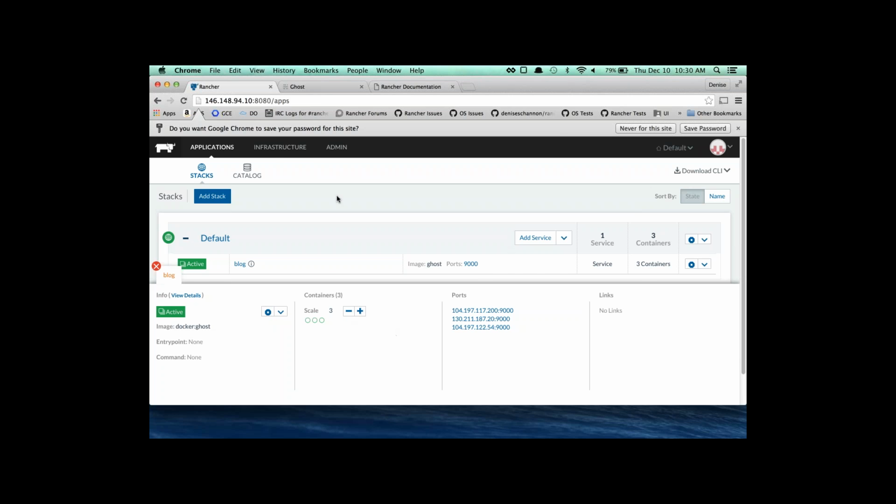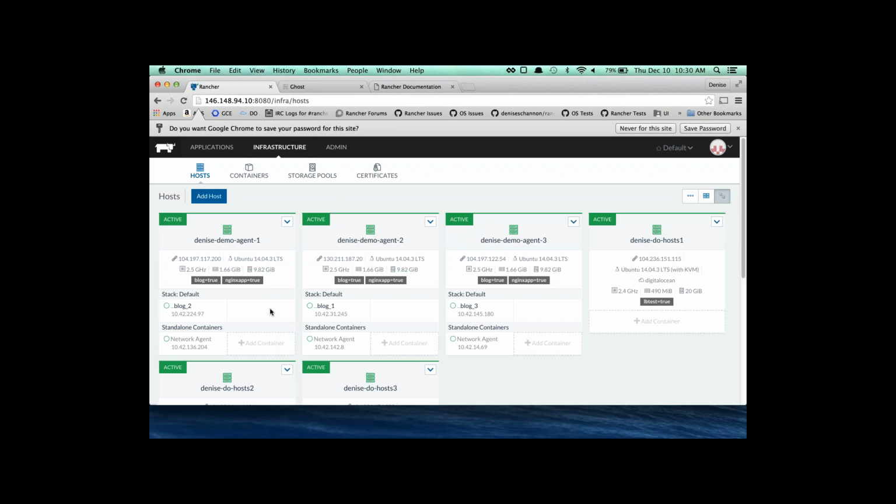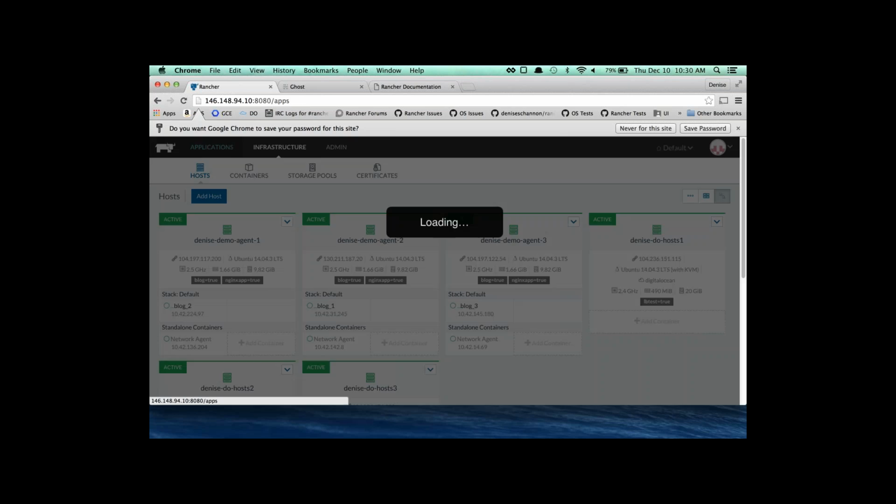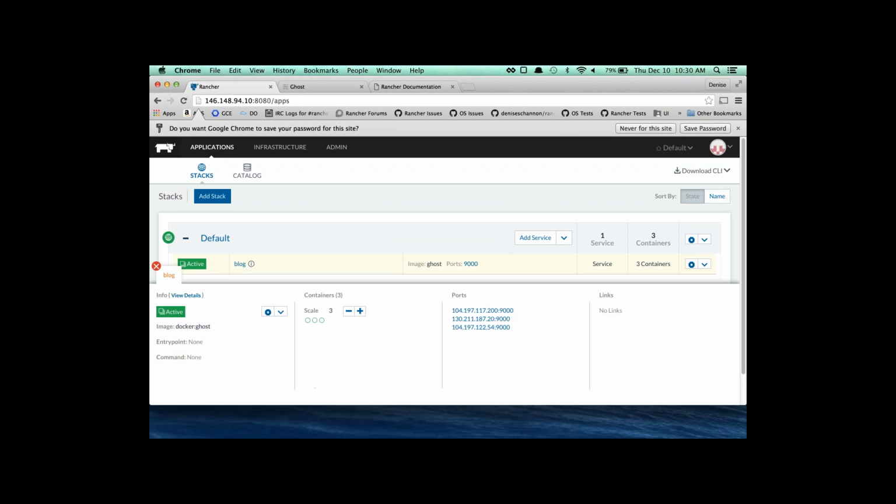Because I put that scheduling rule, that hard affinity to say it must be on a host that says blog equals true, I actually don't have any more hosts that have it. Of my 6 hosts, only 3 of them have it. So if I try to scale up, it'll get stuck in an activating state, and it'll say that it's degraded because it can't find that fourth